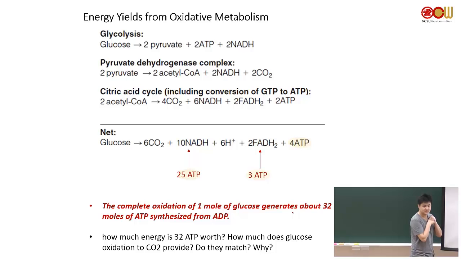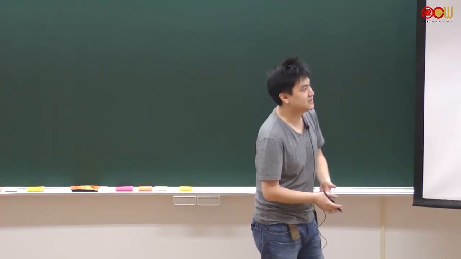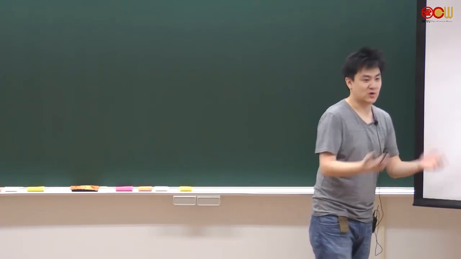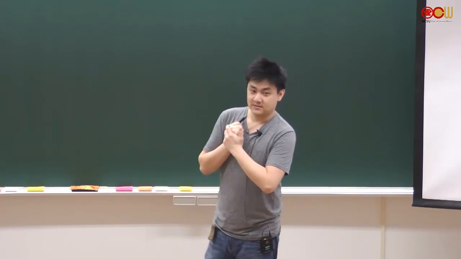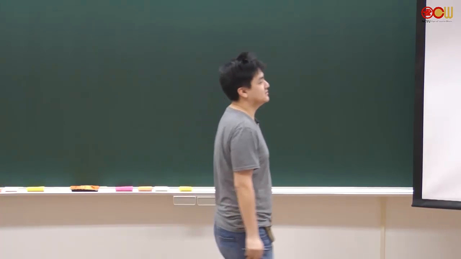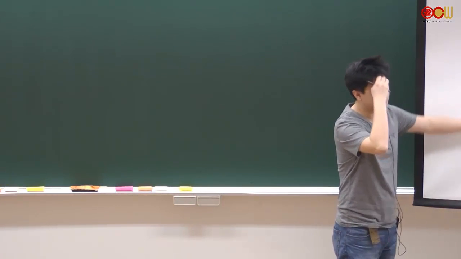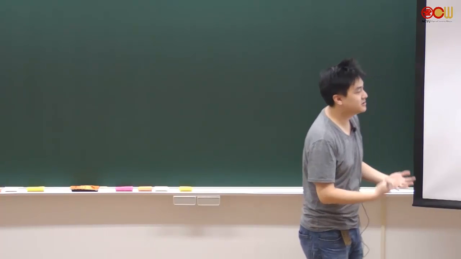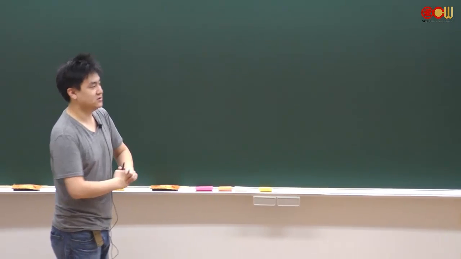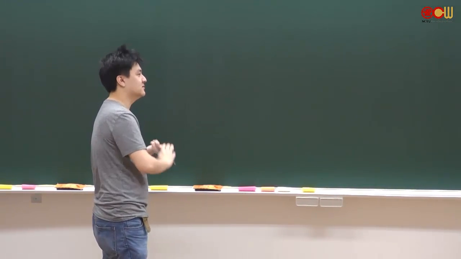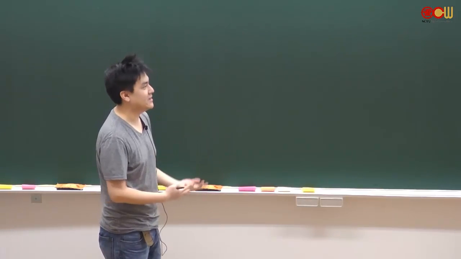So you need to have a very clear idea of where the ATPs are coming from. It's very important. For example, I will give you some questions, like if you eat lactate today, how many ATP can one lactate give you? You have to be able to calculate it. Make sense? This is the most important part of Biochemistry II: being able to calculate what you get in terms of energy and what you get in terms of reducing cofactors